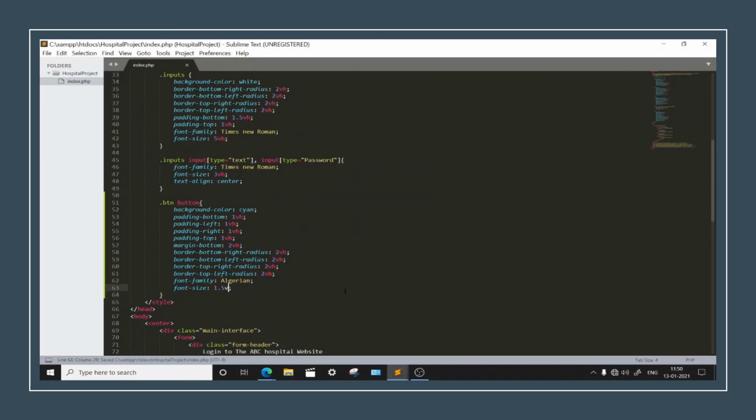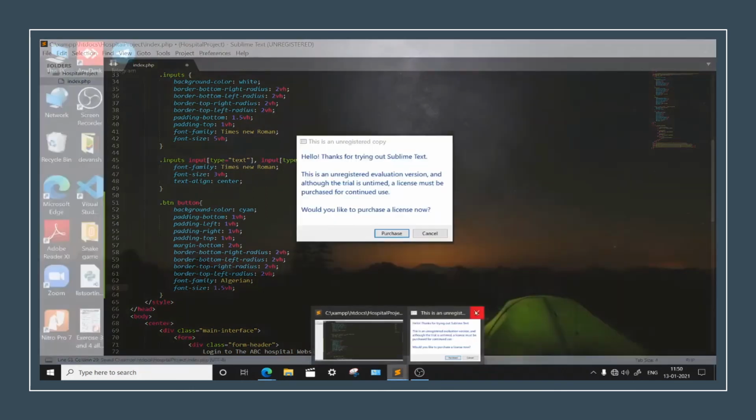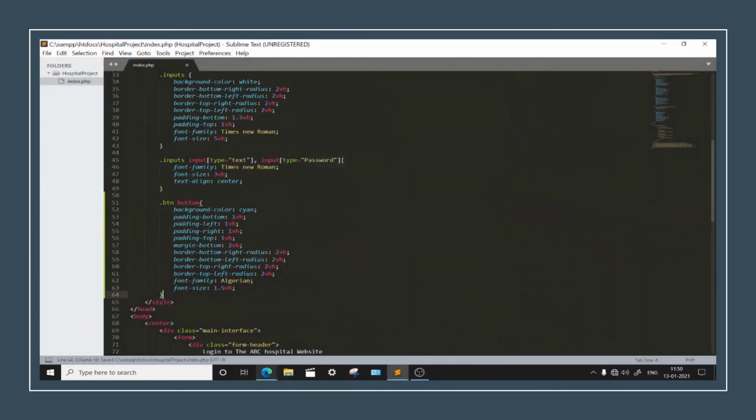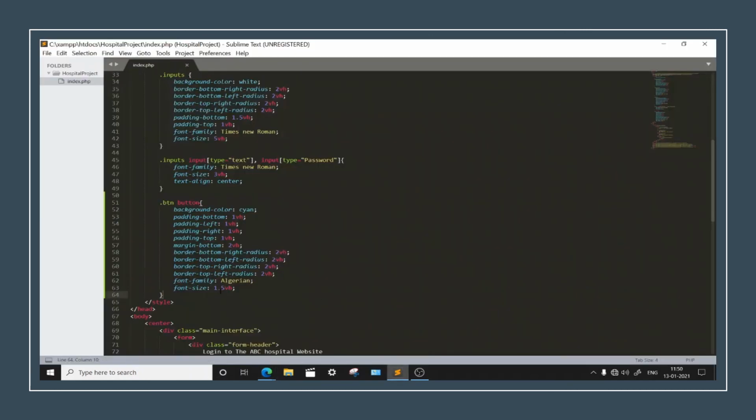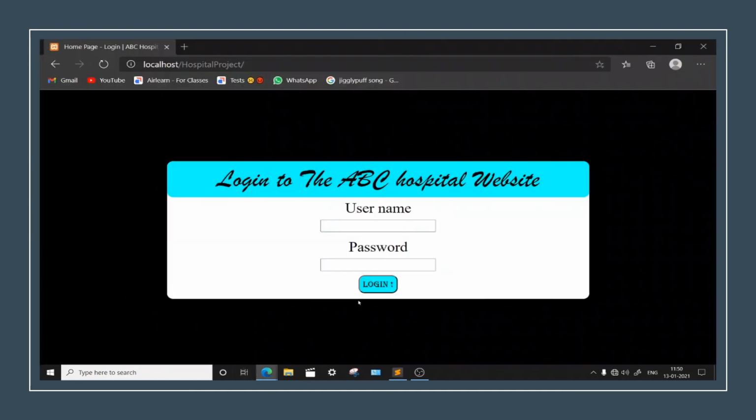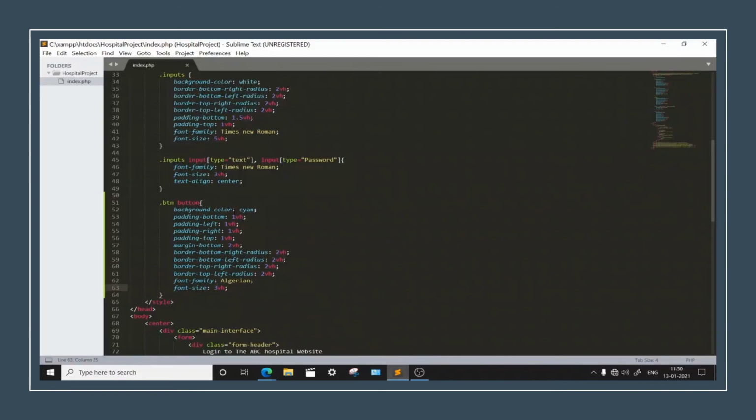Okay, so it's 1.5 vh. Fine. Okay, it's really small now. Let's make this 3 vh. Double the size, double the font. Okay, looks nice.